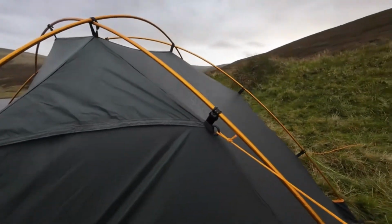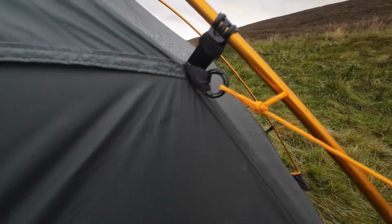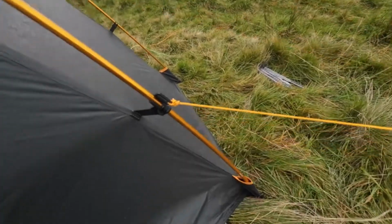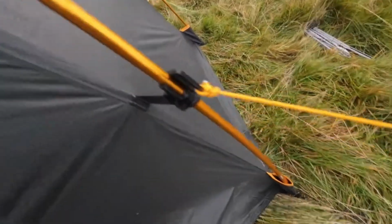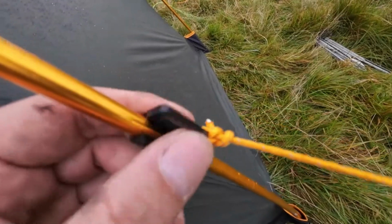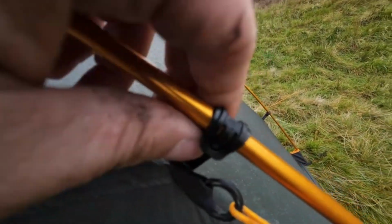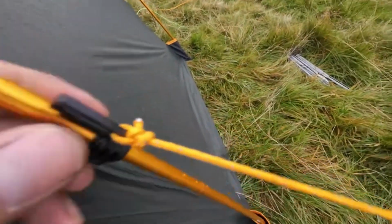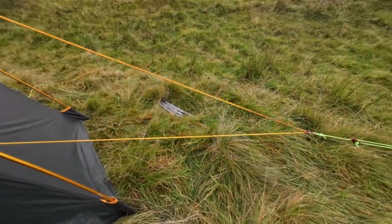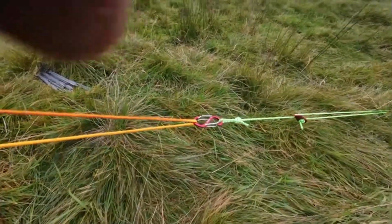So let me just show you what I mean. That's the original buckle that the guy rope attaches to, and I've kept it attached to that. But on the other end of that guy rope, I've bought some spare pole clips, same as the ones that actually attach the fly to the pole. So that guy is now attached there, and it's doubled up, you can see, down to this V point here,